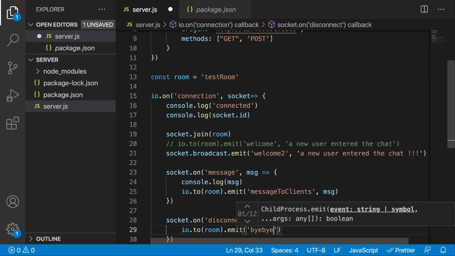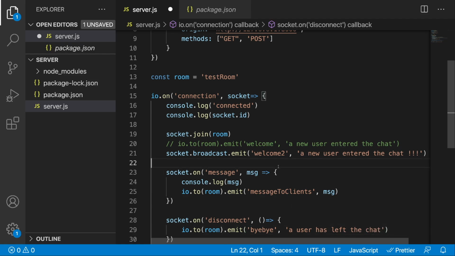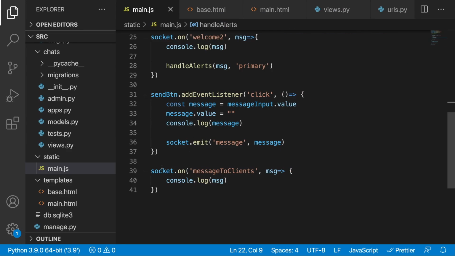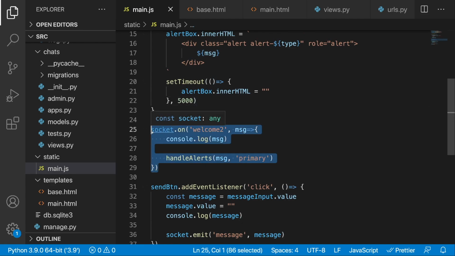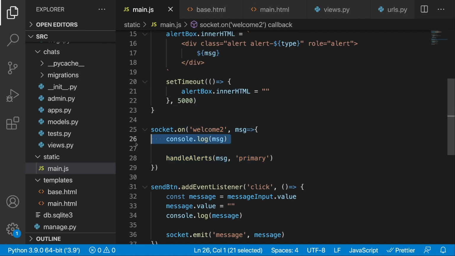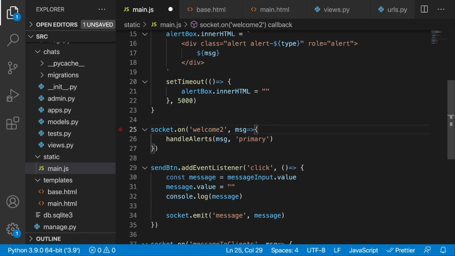Bye bye will be the event, and the message will be a user has left the chat. Okay, so now let's save this and let's do this as we did with the welcome to. So I'm just going to copy this. Over here we can actually get rid of this console log message. Let's just keep it like this, and below we can